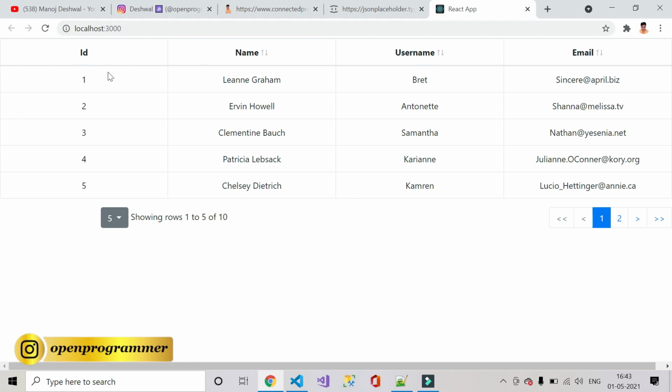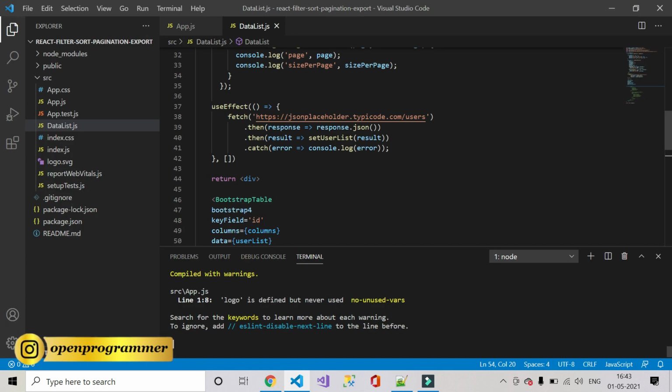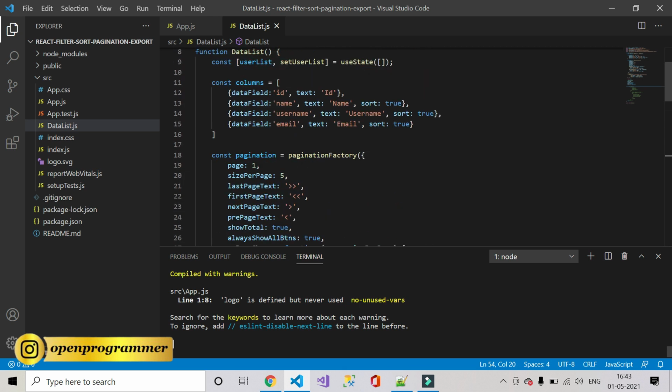So you can see it is showing the paging number, total number, the first page, and all the ranking like 1, 2. It will divide all the records as per the page size which you have given in the pagination array.